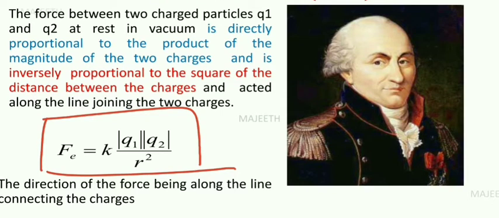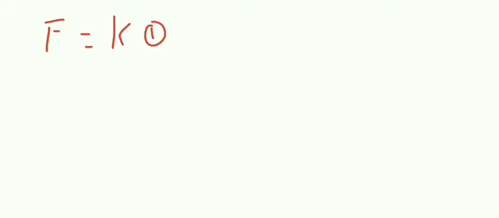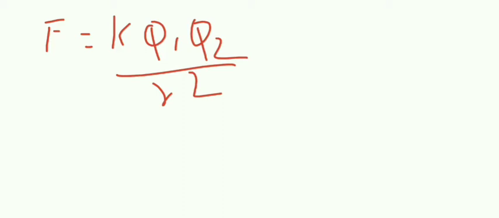Now we go to the vector form of Coulomb's law. We know that force is K into Q1, Q2 divided by r square. So now I have to write it in vector form. Whenever the vector form comes into the picture, we have to see which charge is exerting force on another charge. So let us assume charge Q1 is exerting force on charge Q2. That is given the notation F21. That means charge 1 is exerting force on charge Q2.